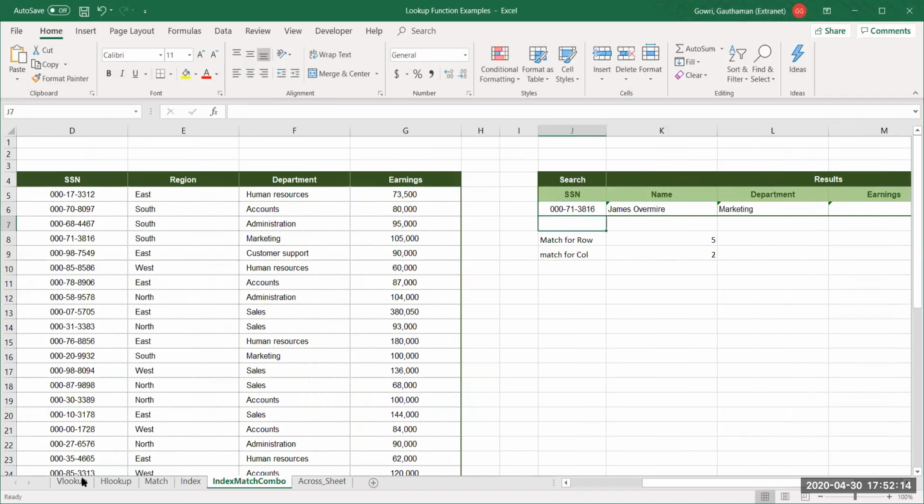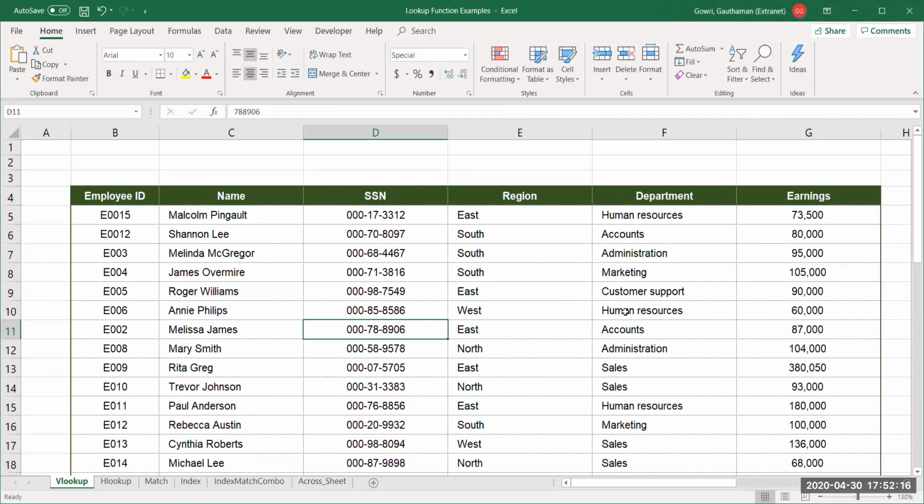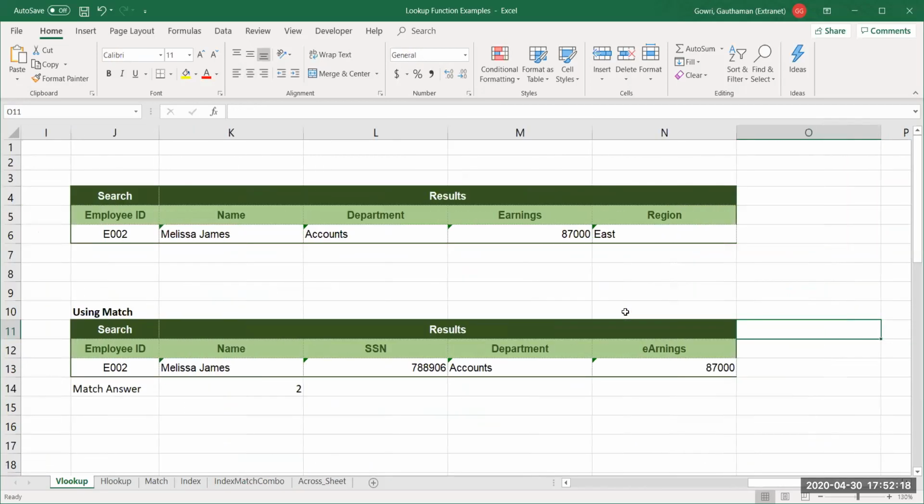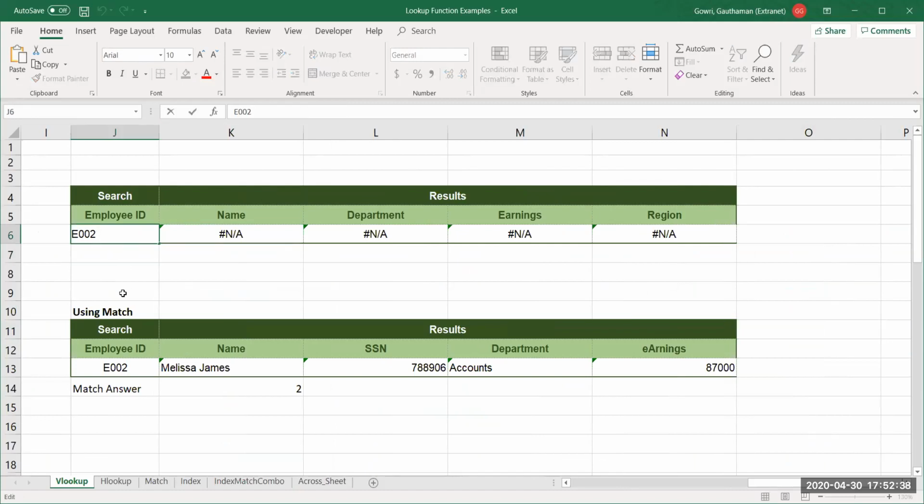But in VLOOKUP, I'll change the lookup value. If I add some space in the beginning or ending, you might not be able to find that there is a space over there. You will only see, okay, this value is there, but it's not giving me the result. It's because of these things.